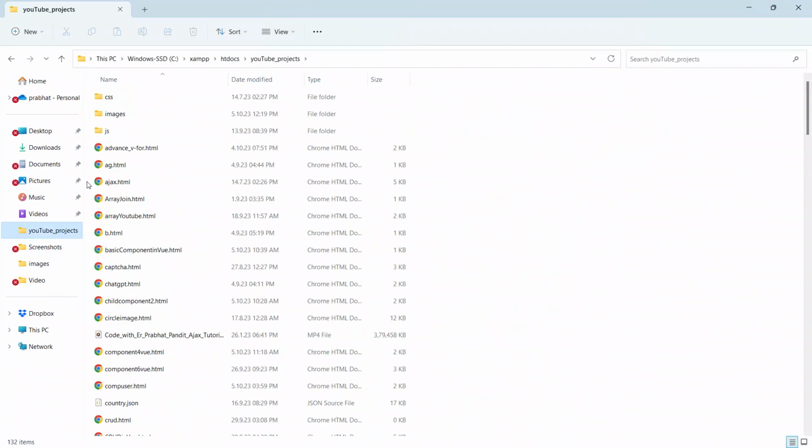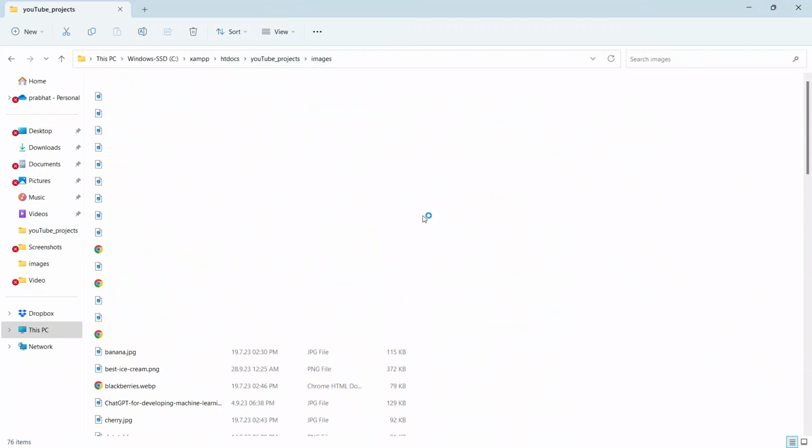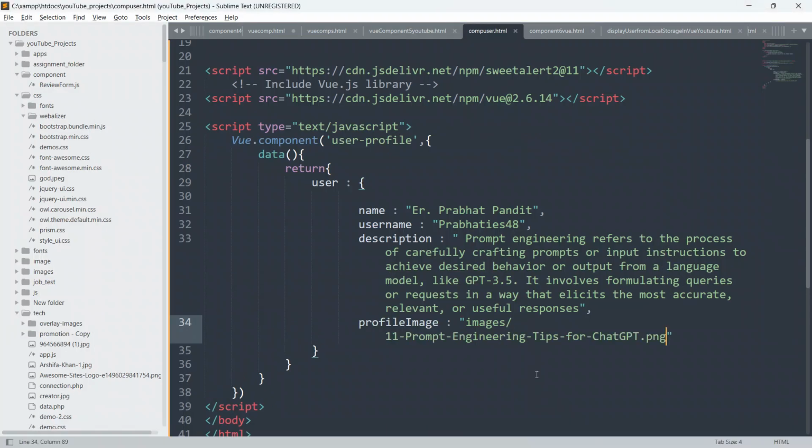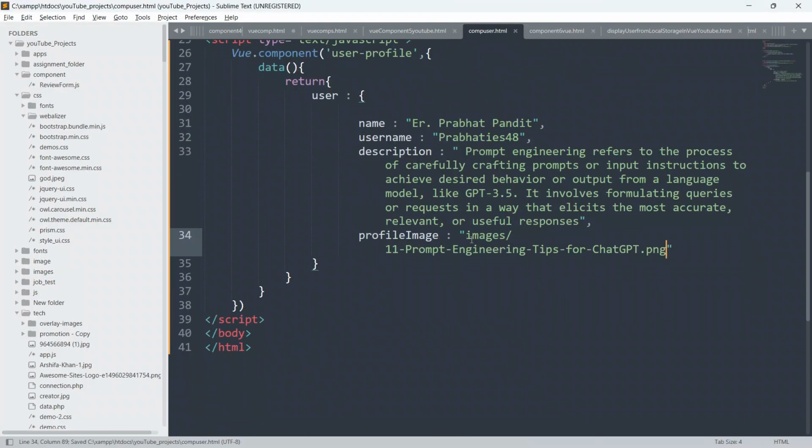Go to the YouTube projects, and inside it I have got the folder called images. I am going to copy this image from here and paste it here. So this is the folder name images, and this is the image name. I am defining here the profile image for the user.